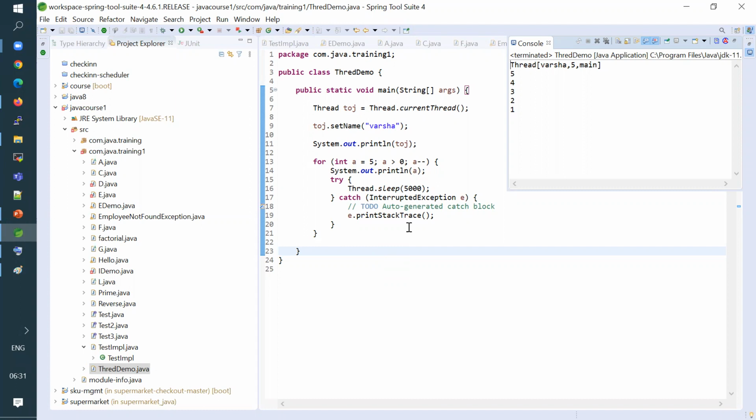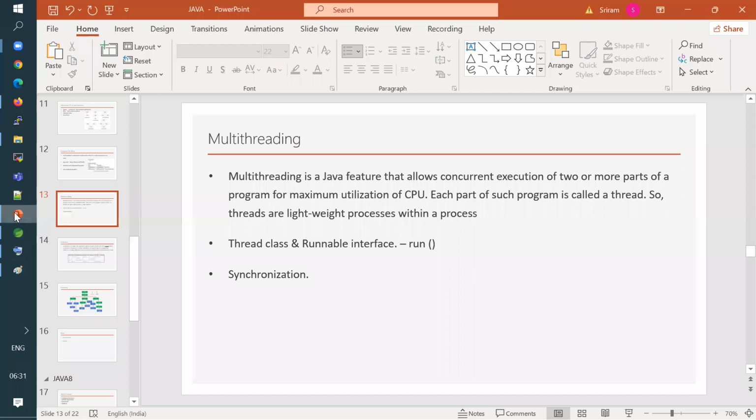Okay, so we'll stop here, guys. I would suggest you go back and do some reading on multi-threading. Tomorrow I'm going to discuss this at length, where I'll give you some examples of the Thread class and Runnable interfaces, synchronization techniques, and all. A lot of important concepts that we are going to talk about tomorrow in our next class on multi-threading. Before that, I would want you to go back and read something about it, so that you will have good questions to ask me. So I think we'll stop here for today.